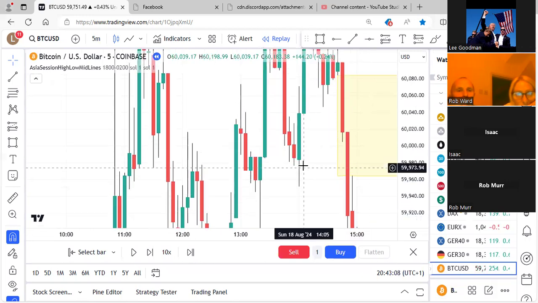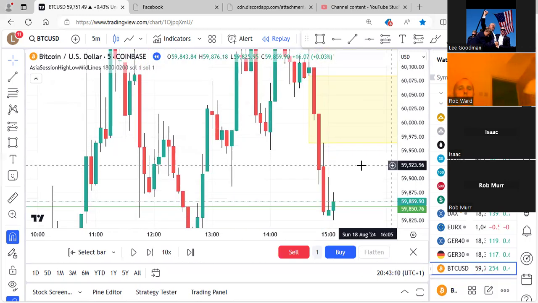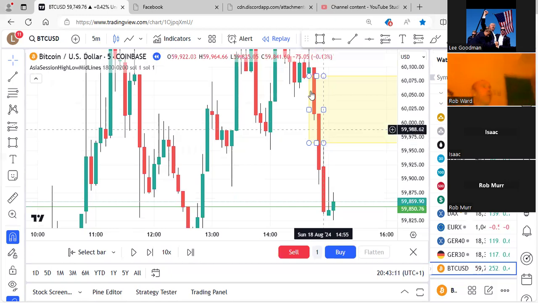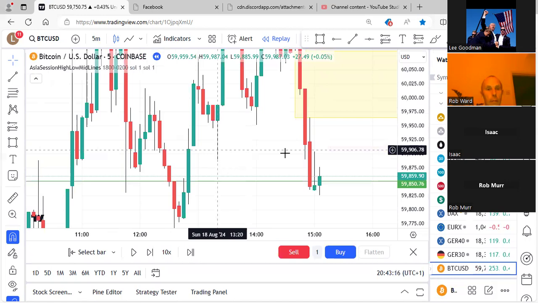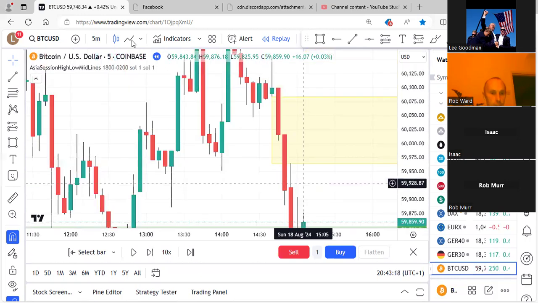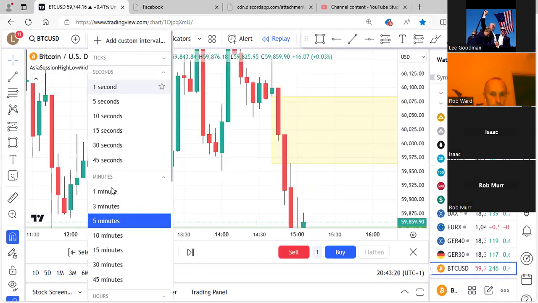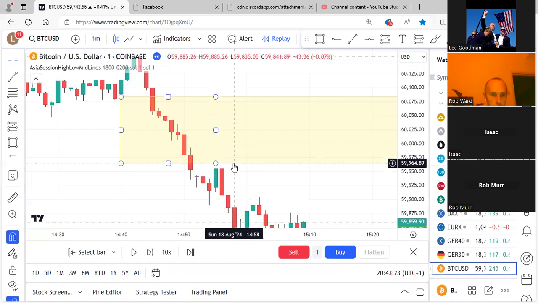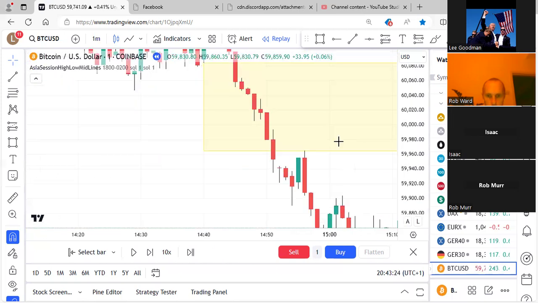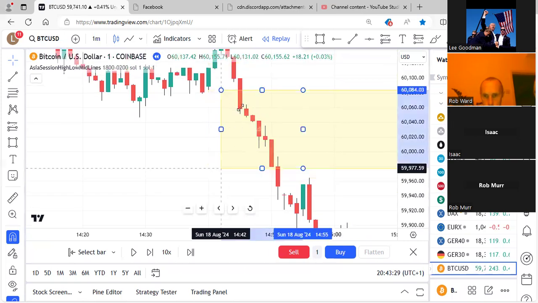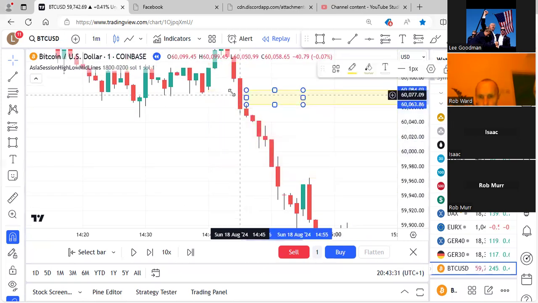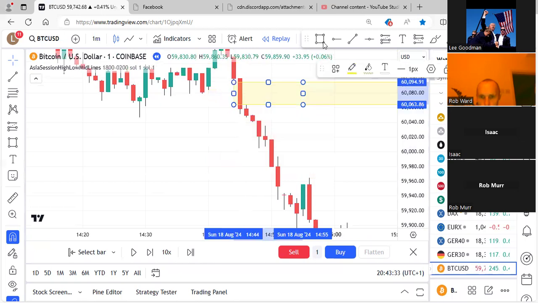So yellow's my imbalance candle boxes. So we've got the wick here, big push. It breaks a couple of mini structures or whatever, but he wants me to look at the imbalances. So as we drop to the 1 minute, we can easily split that into two. So you've maybe got that as an imbalance,